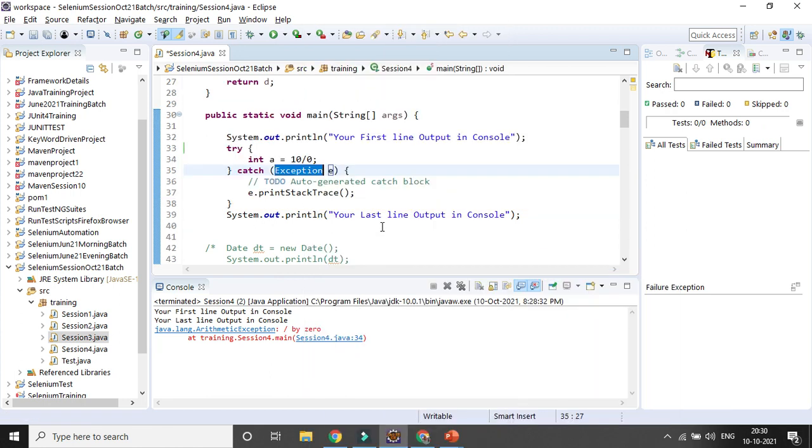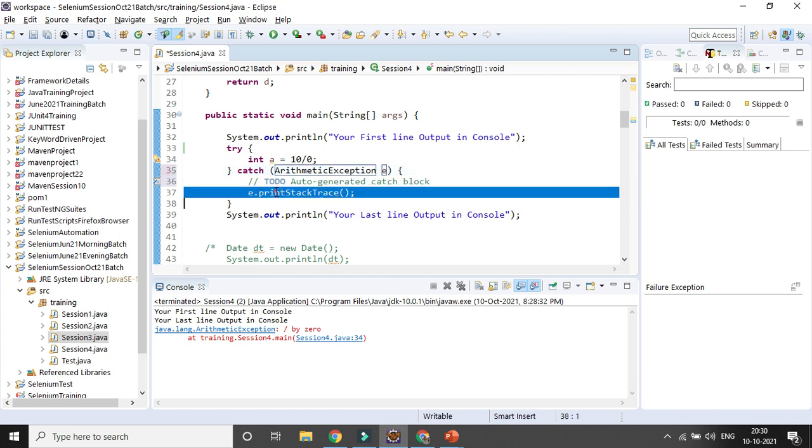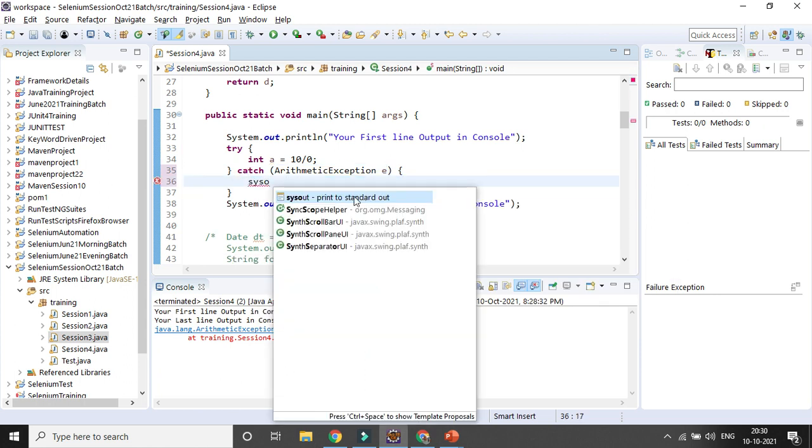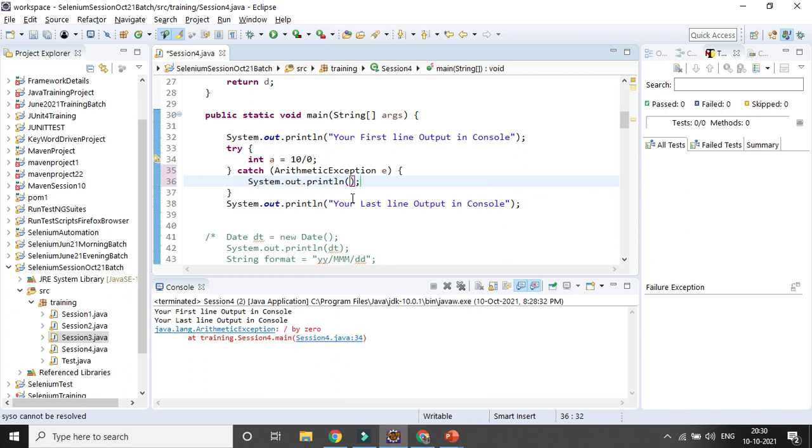Here you can see the exception is coming automatically, but I can print it out, ArithmeticException, and I can customize it. Let's try to run it.